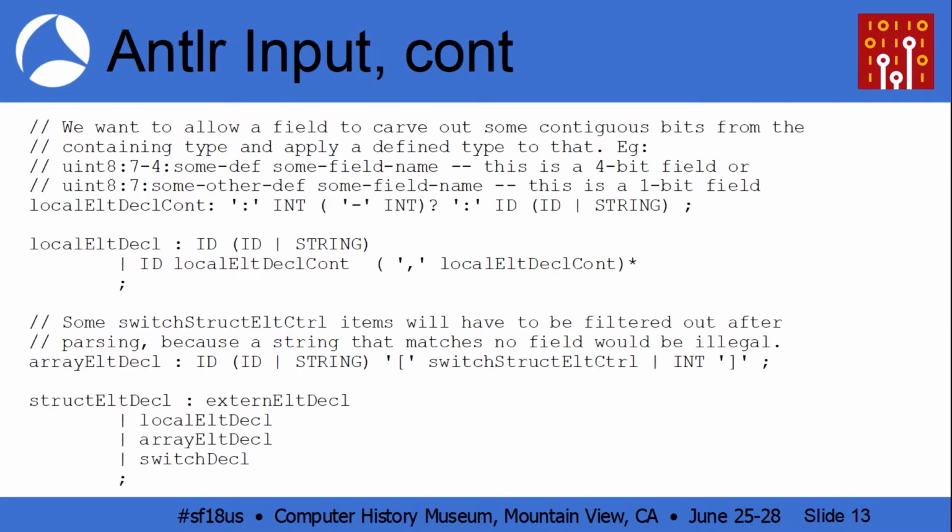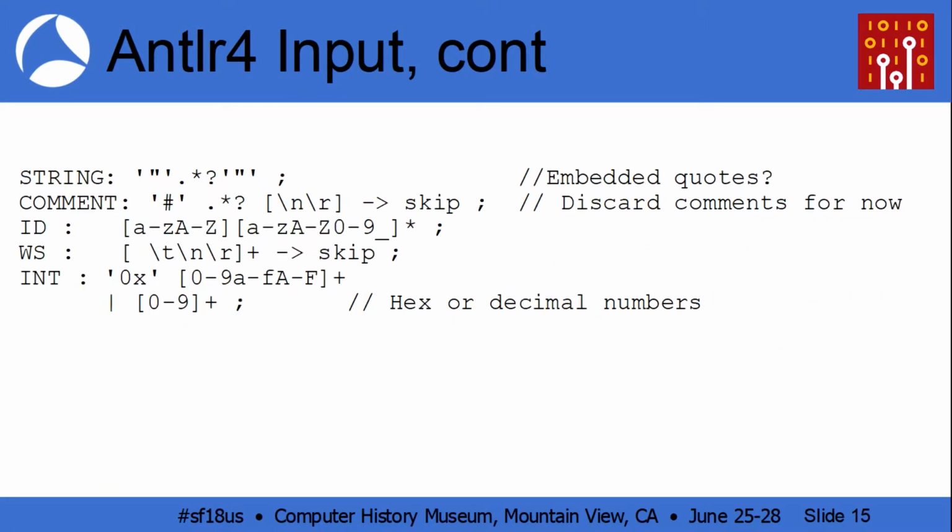No, that star up there means 0 or more, and there may be, no, okay, I'm not sure I have. Now, these are some of the lexical rules. ANTLR gives you a fairly compact way to specify various lexical objects, like a string, for example, which is something inside quotes. I've got a comment in there to remember that I don't have a way to deal with embedded quotes as yet,